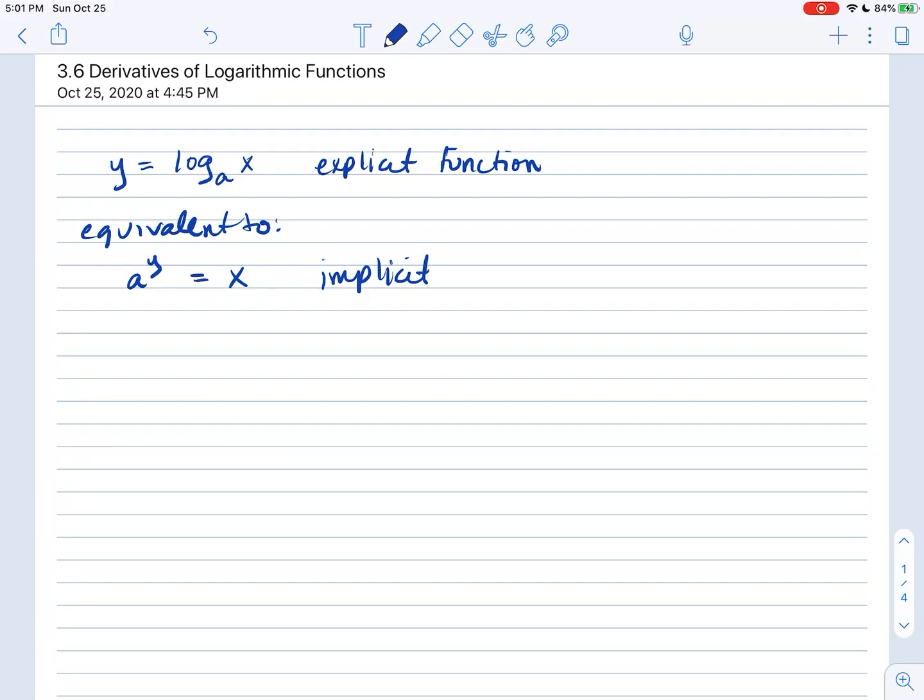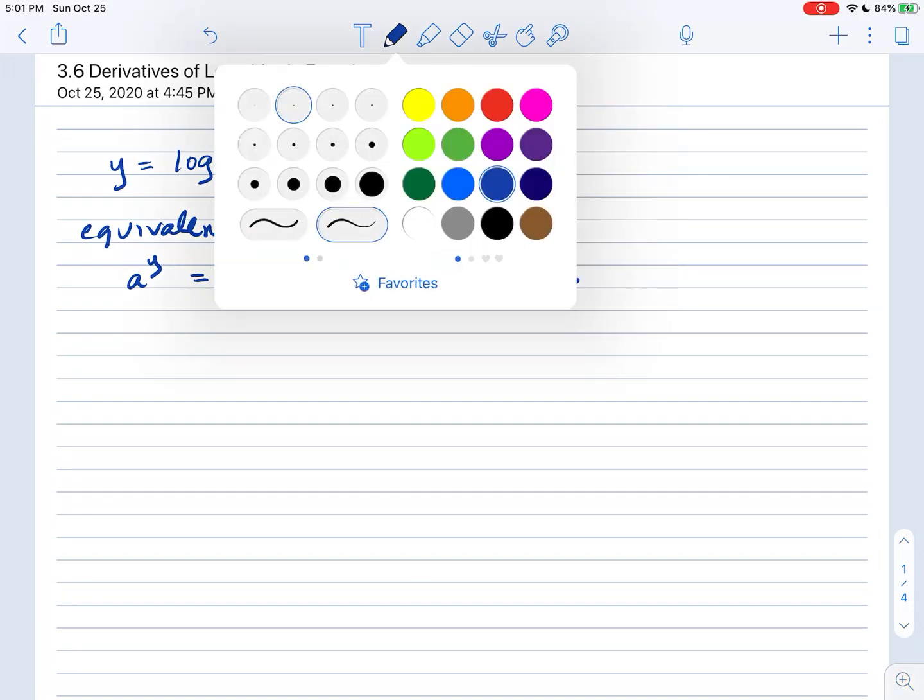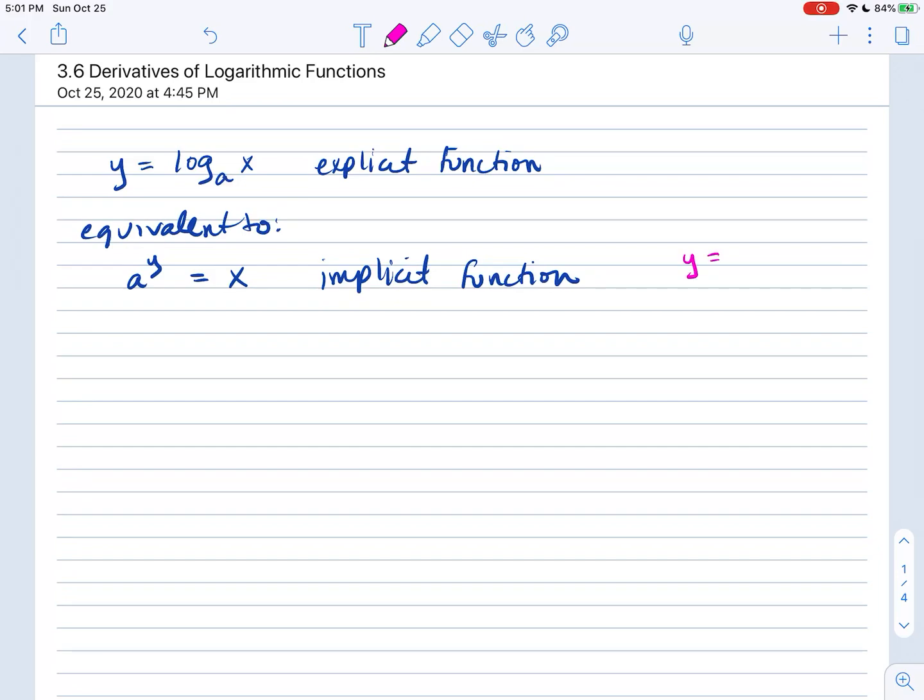And now this is an implicit function where y is not explicitly solved for. It's an explicit function of y, but y is not an explicit function of x in this form. And so since y is implicitly defined as a function of x, we're going to use implicit differentiation. And we want to recall that if we've got y equal to a to the x, then y prime is going to be a to the x times the ln of a. And so if we're going to use implicit differentiation here,